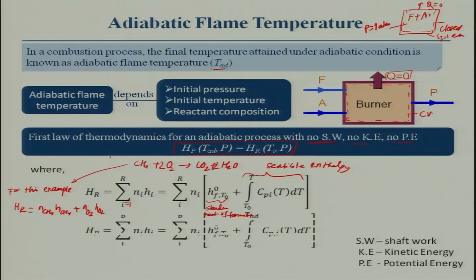similarly, I will have to look at the H product. In this example, what will be Hp? N CO2 H CO2 plus N water and H water. In this case N water will be 2 moles and N carbon dioxide will be 1, is it not? Yes or no? Are you getting? I can write this as 1 into H CO2 plus 2 into H water, and each will again have the standard heat of formation, right. This is the standard heat of formation,